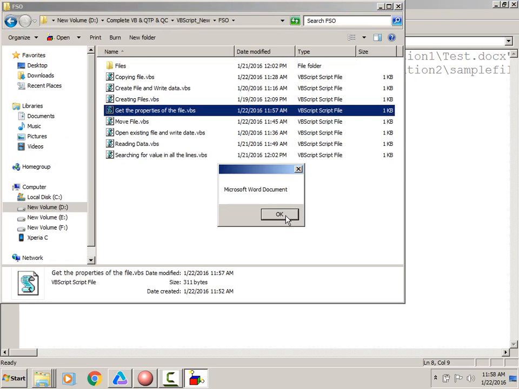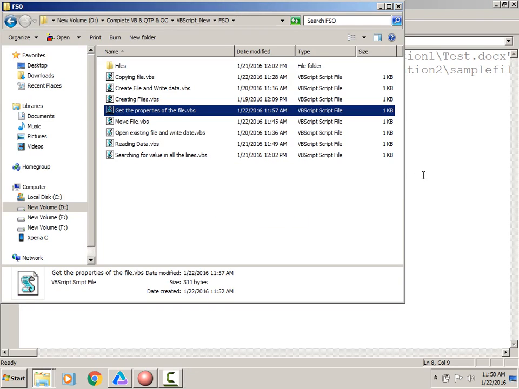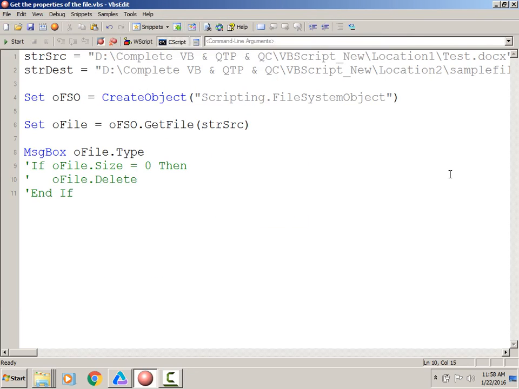Then it is Word document. And if you want to retrieve or change the name of the file, then what you can do is,